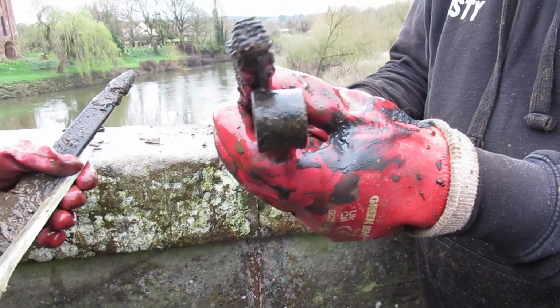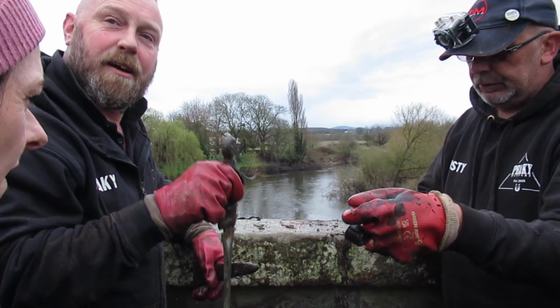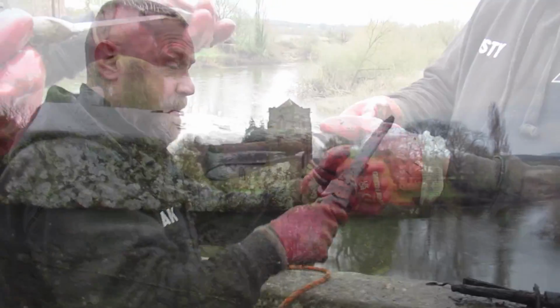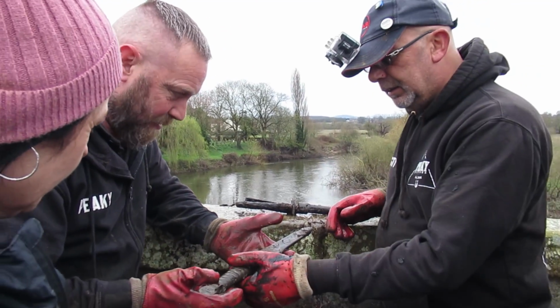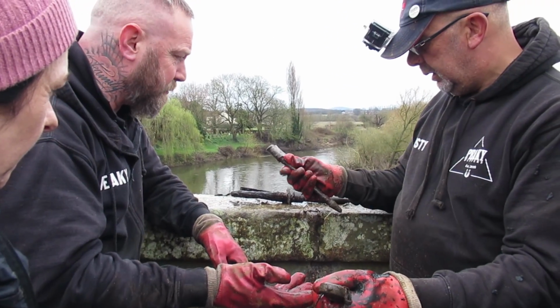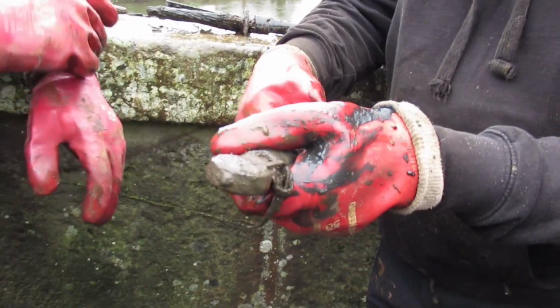I said to my mum this morning, let me find something that looks medieval to put on the wall. How medieval does that look? That handle's about to come off, look. Put it by the... That is amazing, look. Wow. Well done. Is it modern? I don't know. I mean, it looks well crudded up. It looks a bit modern. Sure, that blade wouldn't be in that condition if that was...